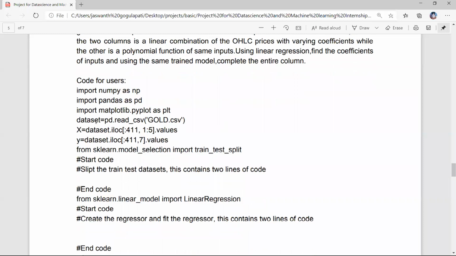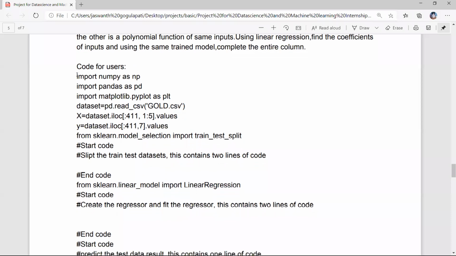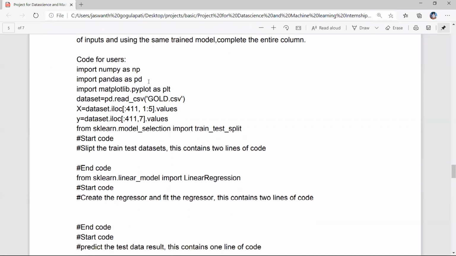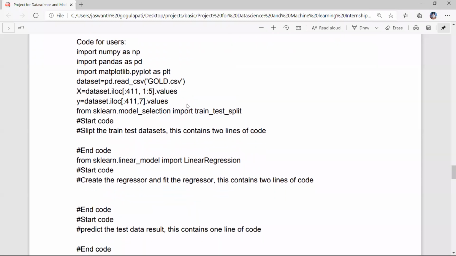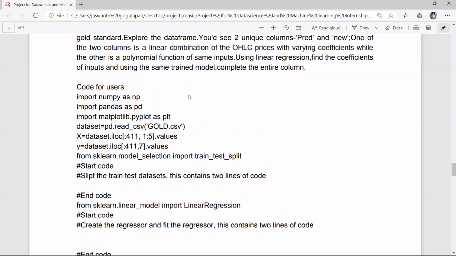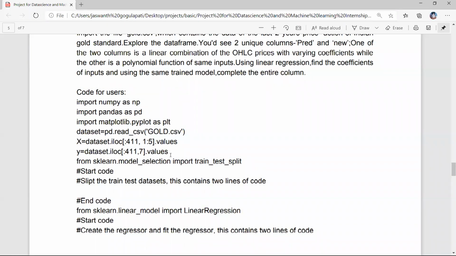Okay. Whichever model you build in machine learning will have four major phases while writing the code. First, we'll import all the modules and packages which we need. Second, we import the data set. And third, we divide the data set into the predicted variable and the variables it depends on. Y is called the dependent variable, and X is called the independent variables. Independent variables means they will not depend on any other. Y is the dependent variable which we are going to predict.